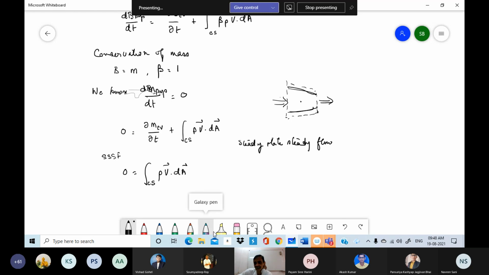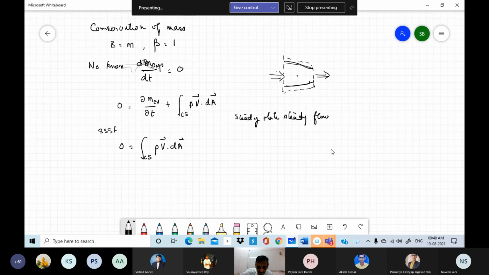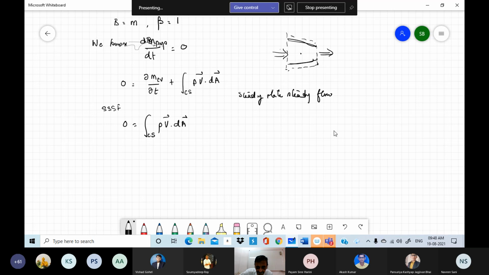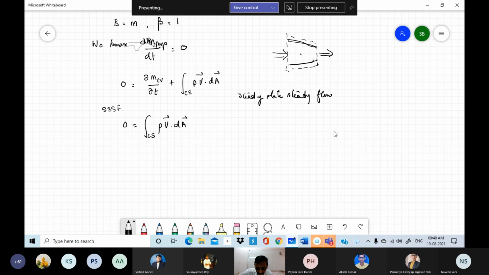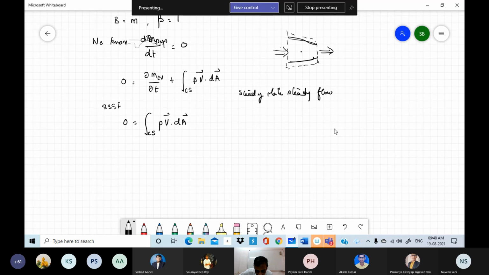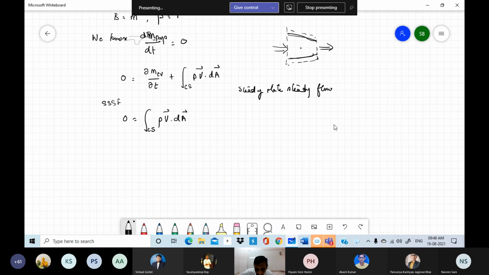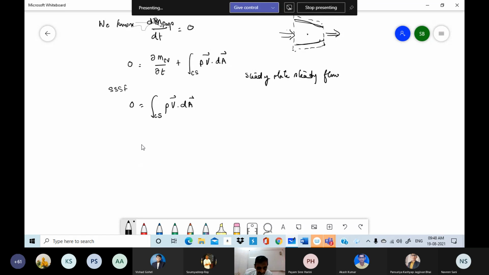so this is the statement of conservation of mass for a control volume. Now I'm following the way in which this was deduced in the book, but probably a simpler way would be